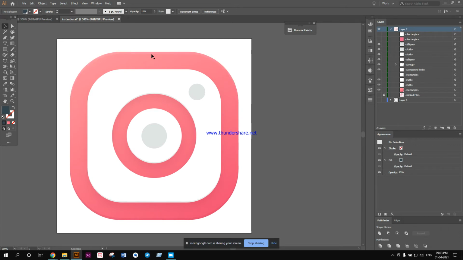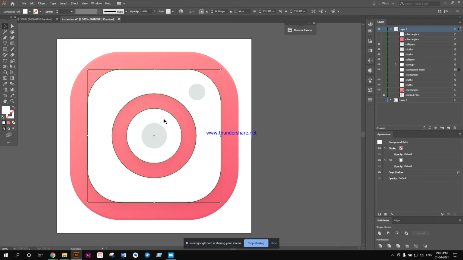I told you about the gradient thing. I told you about how you can create the edge properties, these edge parts. Okay, I told you how you can cut out a section from an object. You can see over here this white round square has this inner circle cut out.